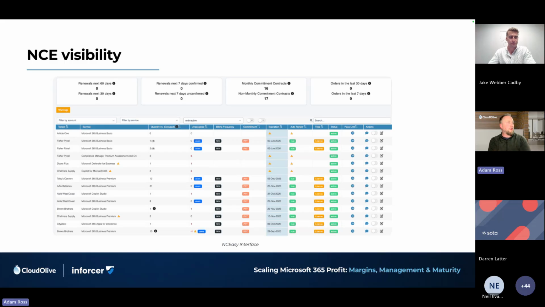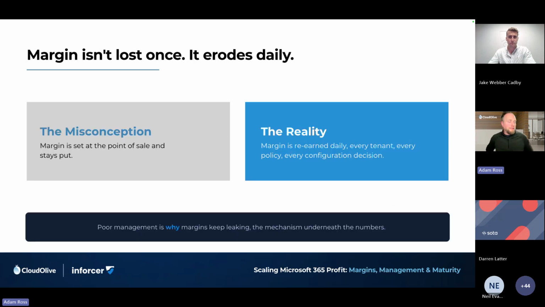So this module, as we coined it, was NC Easy. Really just trying to take some of the headache away from managing all the variability and the fluctuations that happen when it comes to Microsoft. Just a point in time BI report that can be leveraged in a number of different ways. And where this is key, right? With Microsoft in particular, I think there are probably some vendors that you almost set and forget. I think one of the big reasons why Datto did so well over the years, because Jake and I actually worked at Datto with one another once upon a time as well, is the 3-year big device, put it in, just works, right? Microsoft, unfortunately, is not like that.